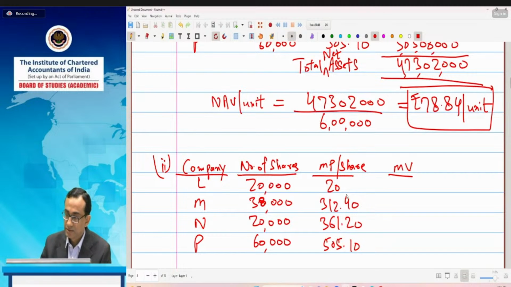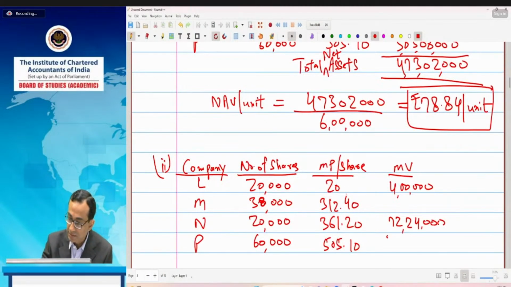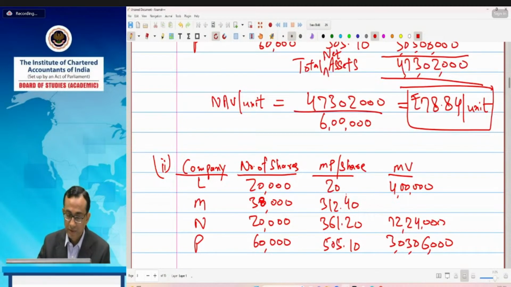The first figure will remain the same. The figures will be 4 lakh, and this will also remain 72 lakh 24,000. In the case of P Limited, it will also remain the same: 3 crore 3 lakh 6,000. Okay. Now we have to calculate M Limited, because the shares have increased from 30,000 to